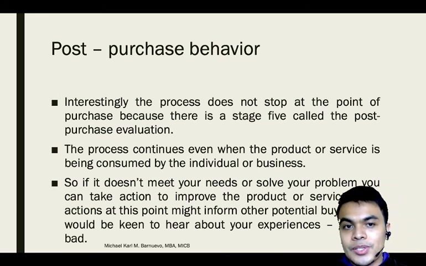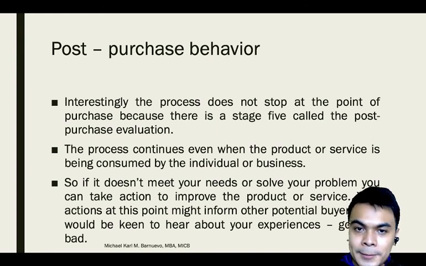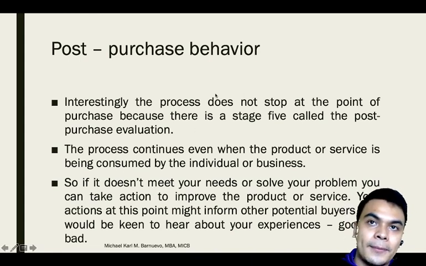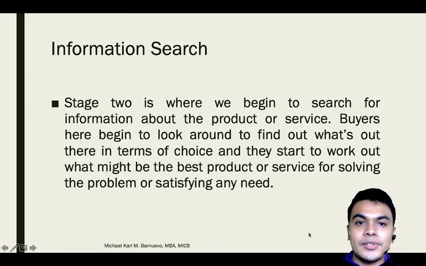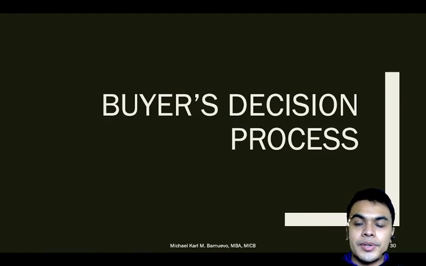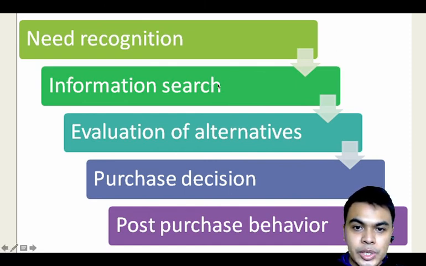On the part of the business naman, syempre, in order to control or to help yung mga people na hindi satisfied sa kanilang product, anong ginagawa ng mga businesses? They give warranties, they give replacements, or they give customer support. Kasi they don't want the bad news naman to spread online. No? Ayan. So, those are the 5 steps. So, let's just review. So, when you are buying a product, this is now the buyer's decision process. It involves 5 steps: need recognition, information search, evaluation of alternatives, purchase decision, and post-purchase behavior.